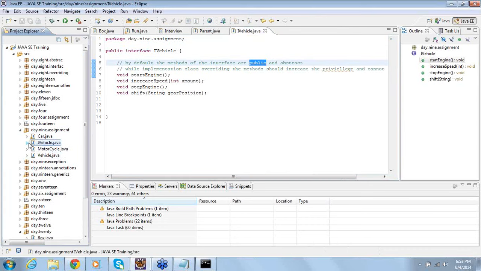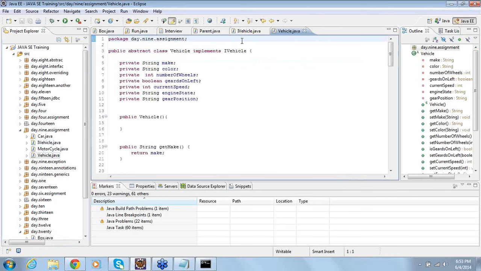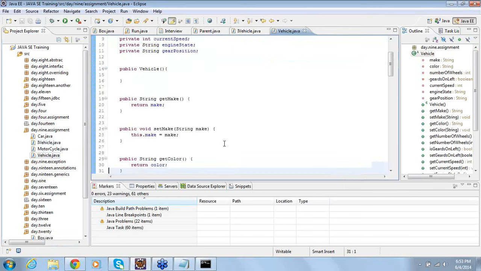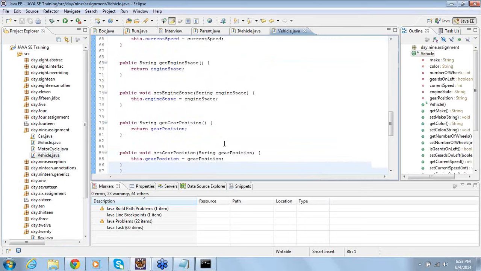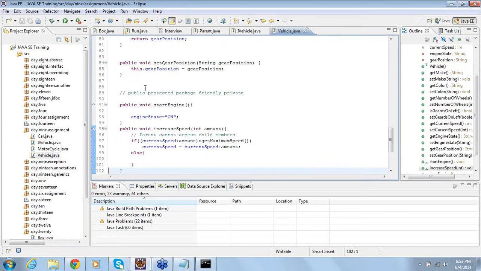So there was a vehicle implementing the iVehicle interface, and while overriding we ensured that the access specifier is the same.